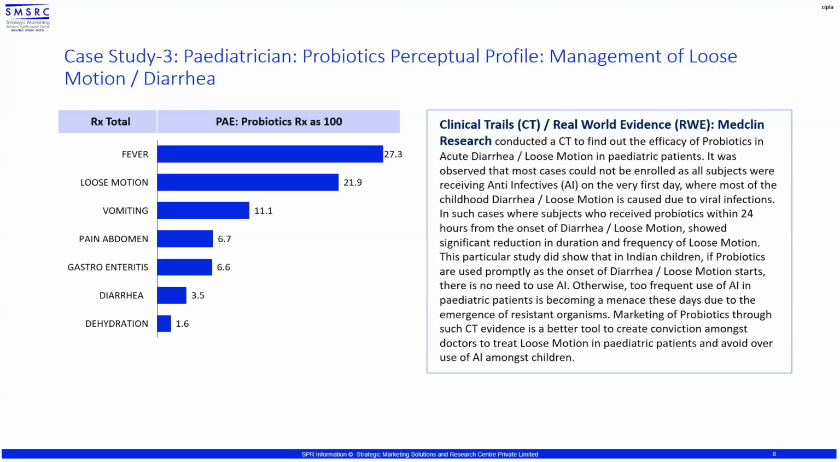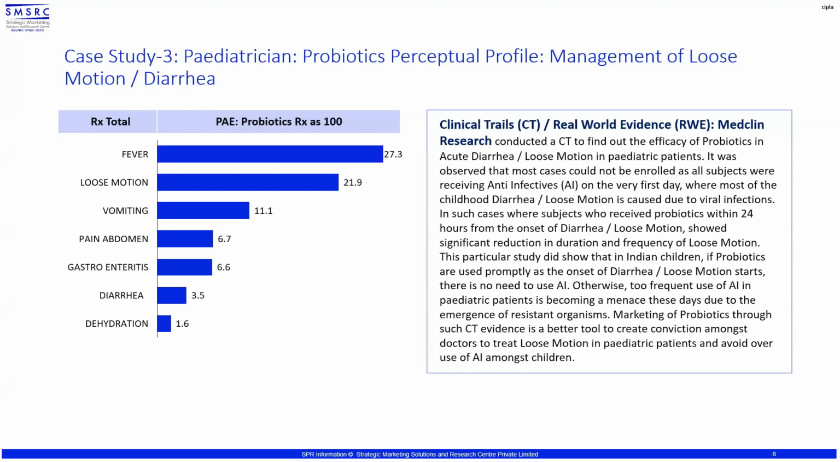The subjects who received probiotics within 24 hours from the onset of diarrhea and loose motion showed significant reduction in duration and frequency of loose motion. This study did show that in Indian children, if probiotics are used promptly as the onset of diarrhea and loose motion starts, there is no need to use anti-infectives at all. Now, this is a scientific way of becoming patient-centric through the doctor. We are not directly going and telling the patient, don't take antibiotics, take only probiotics, but educating the doctor to become more patient-friendly, particularly for pediatric patients,